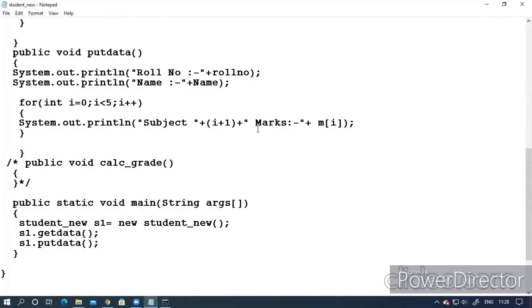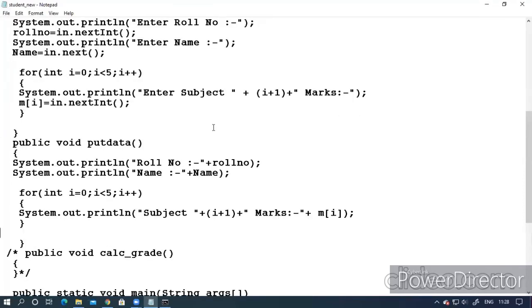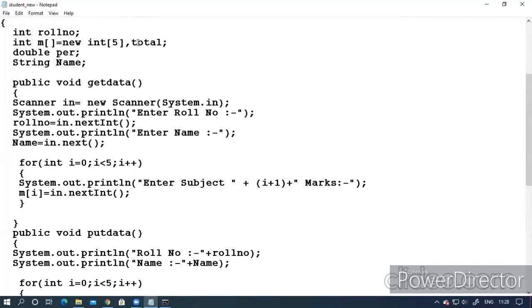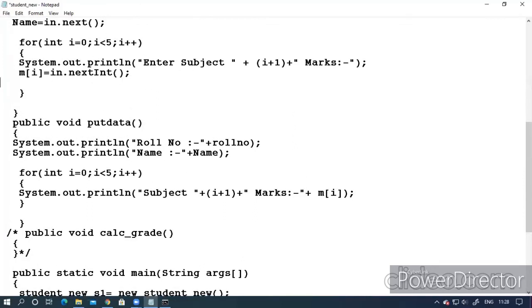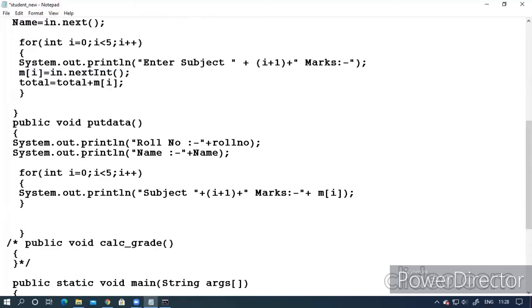Now what do I have to do? I have to calculate the total also. As soon as my marks have been inputted, the total should be calculated. I will mention here: as soon as I input marks 1, it should be added into the total marks. So I can use it for the display also.